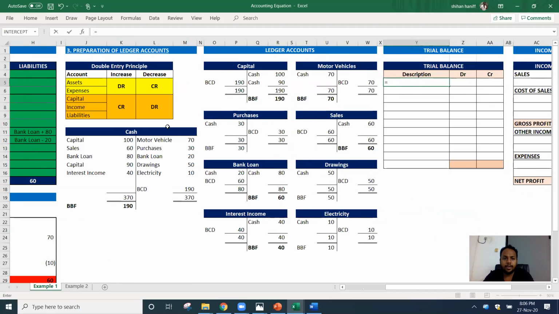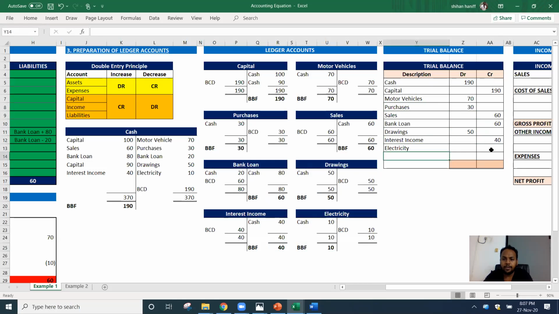So starting with cash, cash is having a debit balance, capital, credit, moderators, debits. Always you take the balance brought forward. If the balance brought forward is in the debit side, we take to the debit side, or we take to the credit if it is in the credit. Bank loan, credit 60, drawings, debit 50, interest income, credit 40,